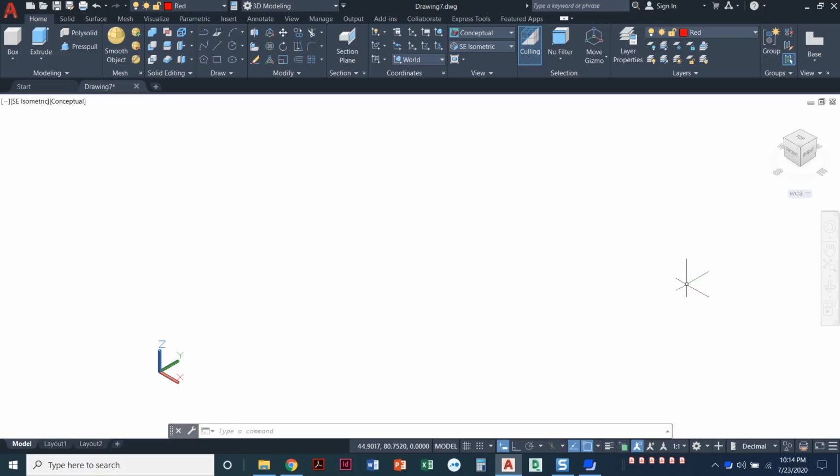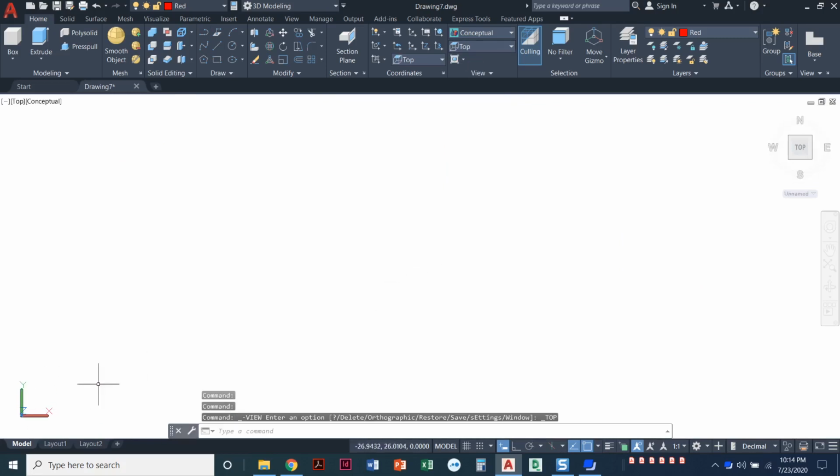In this video, I'm going to show you the extrude command. So with the extrude command, the way this works is we're going to have a flat 2D object. So what I'll do to draw that 2D object is I'm going to put myself back into my top view. The top view is just a regular 2D drawing space, drawing on the X and Y plane.